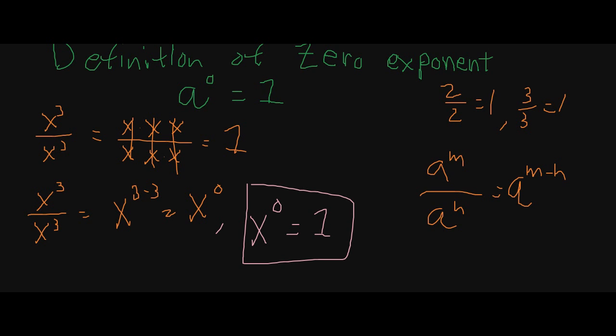Alright, well, hopefully that helps to clear up why x to the 0 is equal to 1 in this example problem, because as you can tell, x to the third divided by x to the third is 1 because we just expanded it out. But using the quotient property, x to the third divided by x to the third can be rewritten as x to the 0. Therefore, we can conclude that these two things have to be equal to each other. Alright, so hopefully this helps to clarify why anything raised to the 0